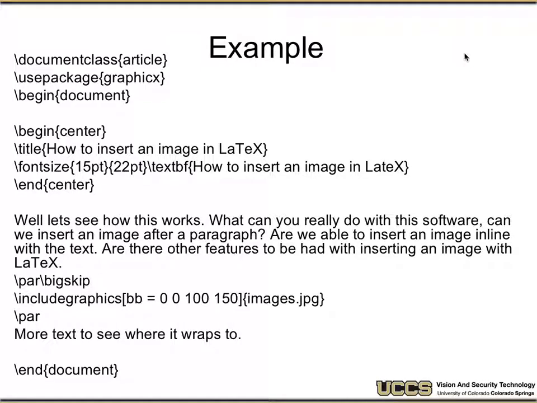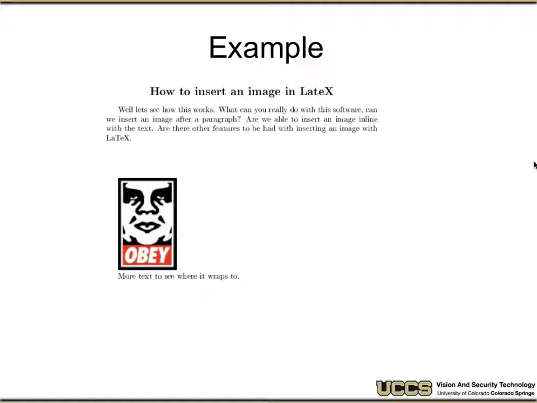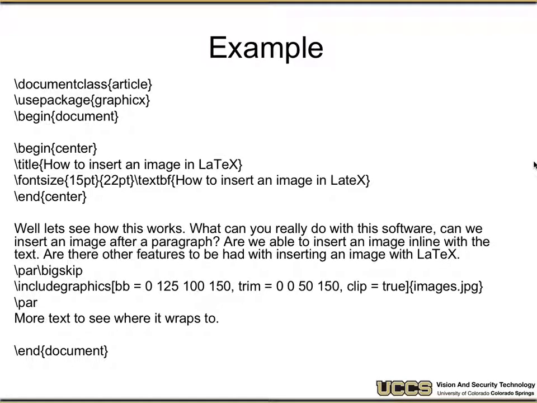Just to sort of get a feel, so here I have a simple document, a \begin{center}. I have some text. I include, so \par tells it to start a new paragraph. \bigskip says add some white space. It's one of the many commands to skip vertically. \includegraphics with some parameters, paragraph, and more text to see where it wraps. You'll notice here, when it gets rendered, you have a box, the text is underneath it. So if I now go back and I change that, so I tell it to clip the box where I have a trim box,